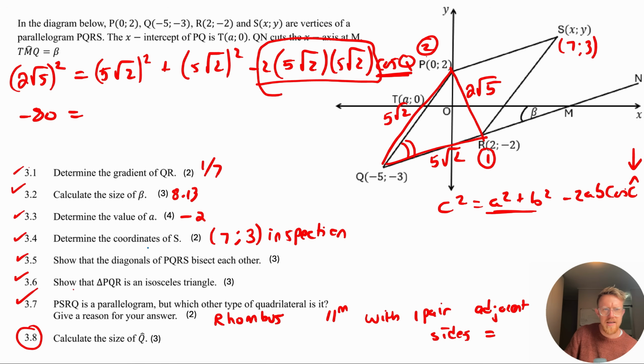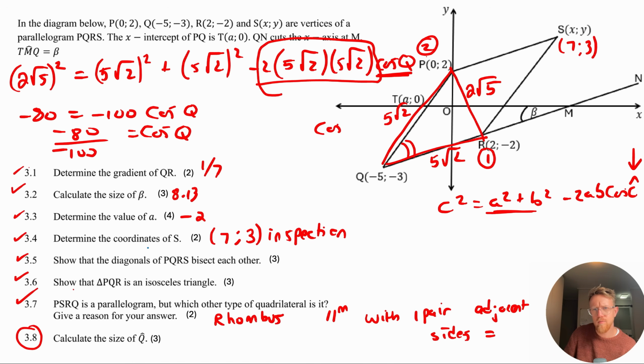So it's going to give us negative 100. And then we have cos Q. So to get cos Q alone, we're going to divide by negative 100 on the left. And so you're going to end up with cos Q equals, if you just type this on the calculator, it's going to actually simplify to 4 over 5. And then to get the angle Q, you're going to say shift cos of 4 over 5, and that'll give us